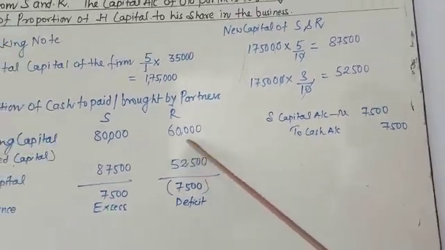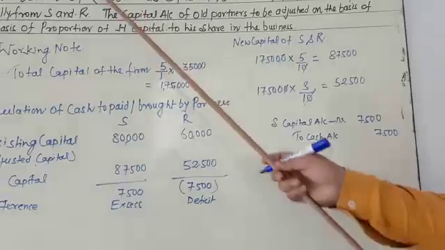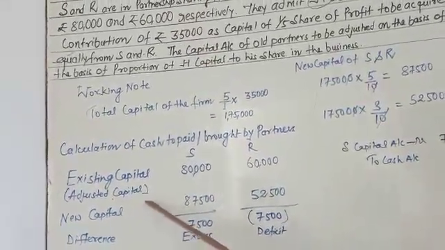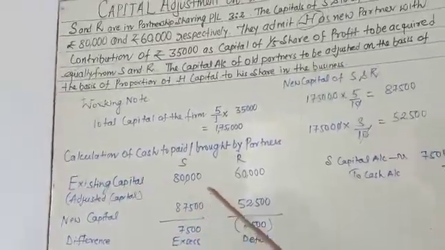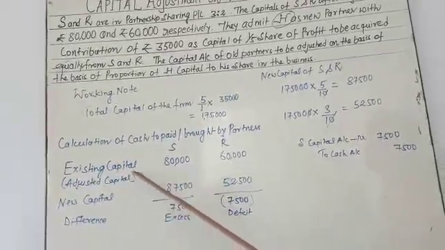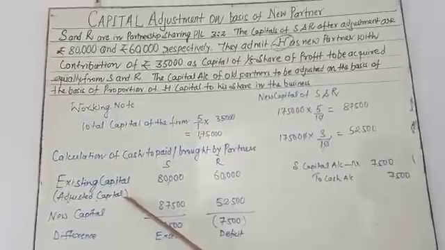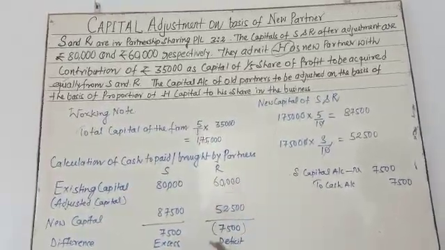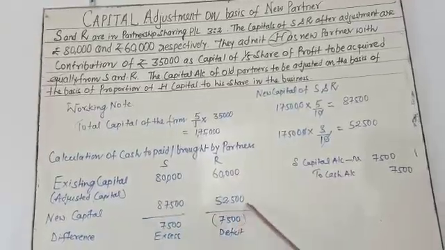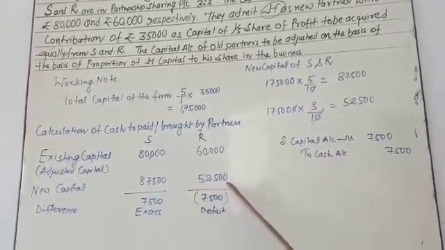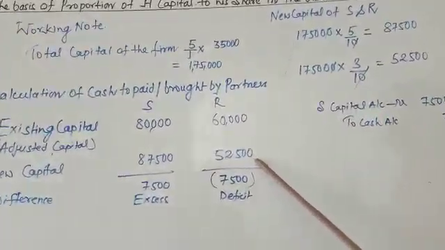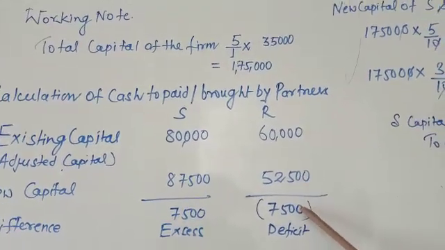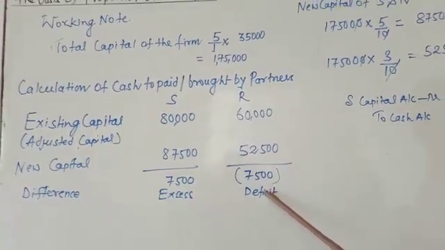Okay. Next, come to the situation of R. R's existing capital is 60,000. That is called adjusted capital. We can also say adjusted capital or existing capital. In a long question, this adjusted capital is going to be calculated with the help of the revaluation account and partners capital account. So R's existing capital is 60,000, but the new capital of R is 52,500. So you have to compare